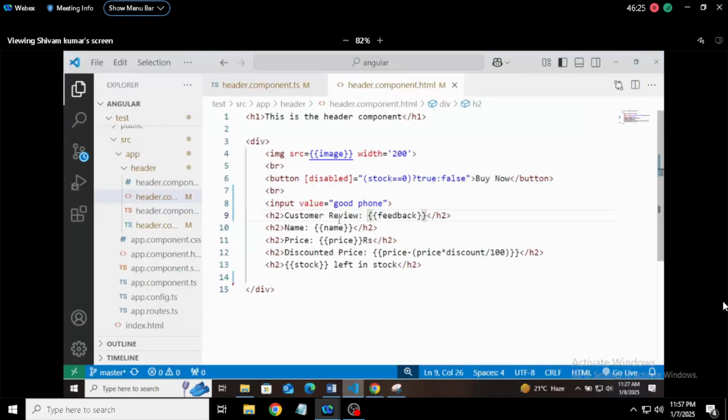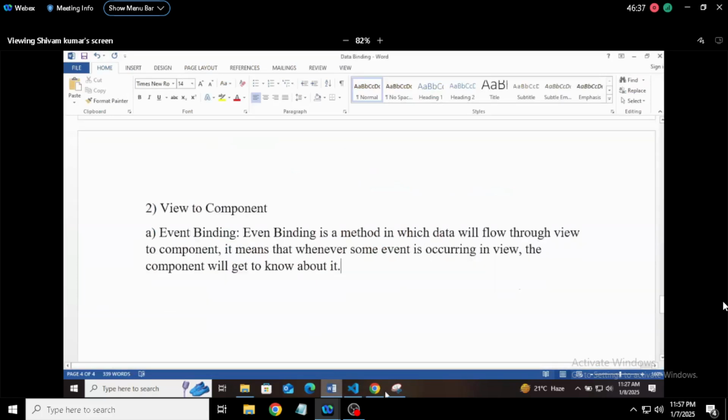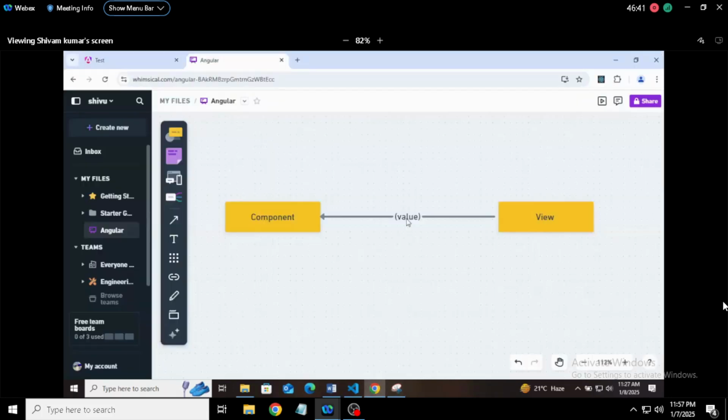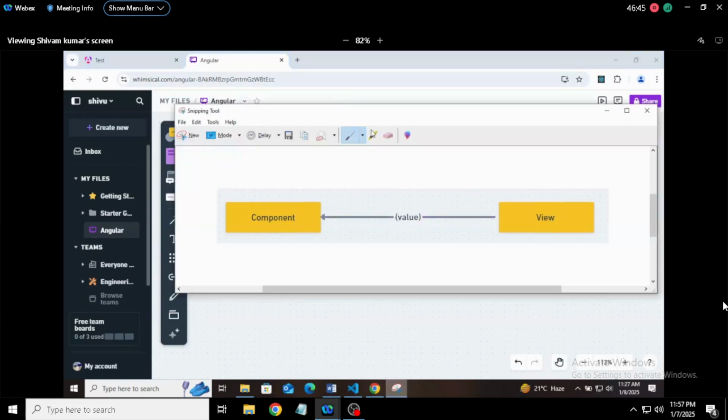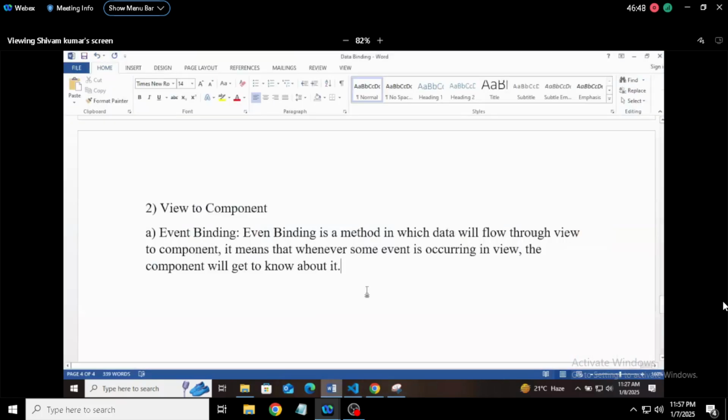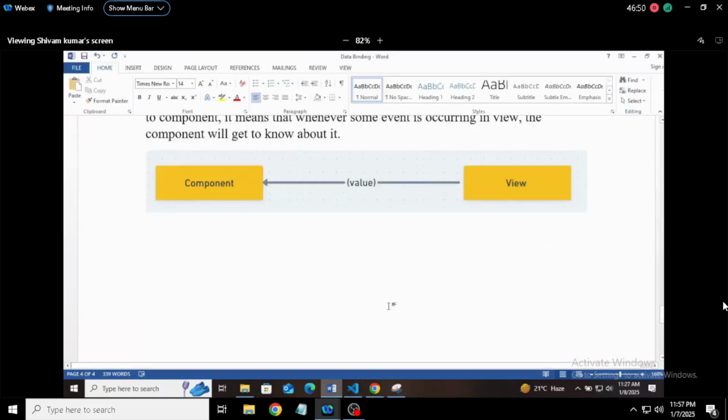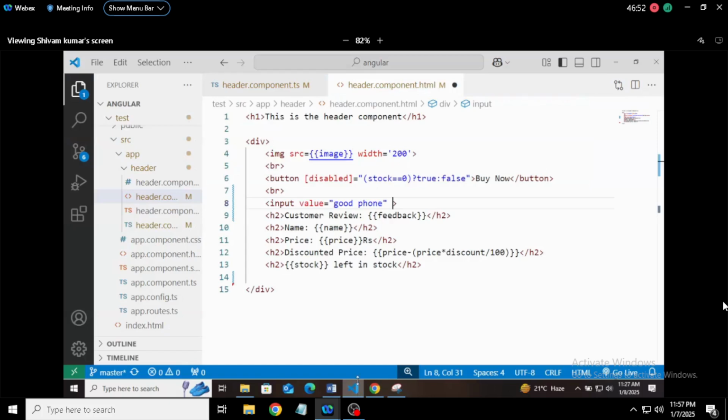I will give it an event, and you will see how I have written it. You have to use small brackets. So I will say something to this input box, that input